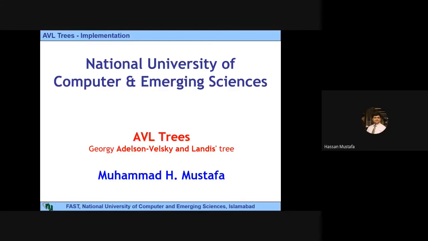In today's lecture, we'll discuss AVL trees and the C++ implementation of several functions in the AVL tree. So let's start with the discussion. First of all, we'll see just the prototype